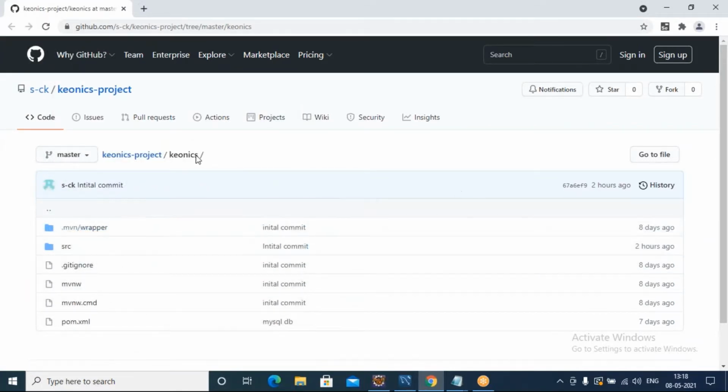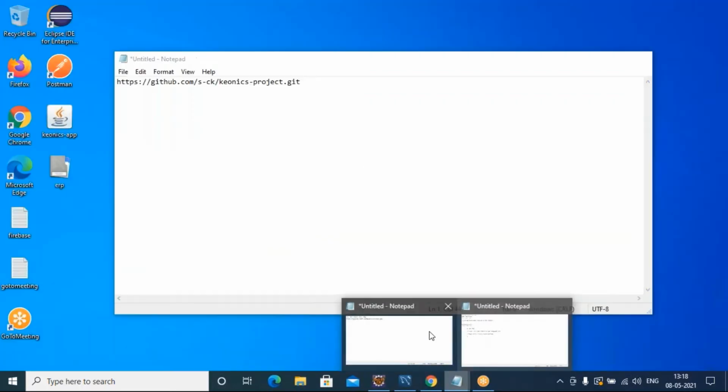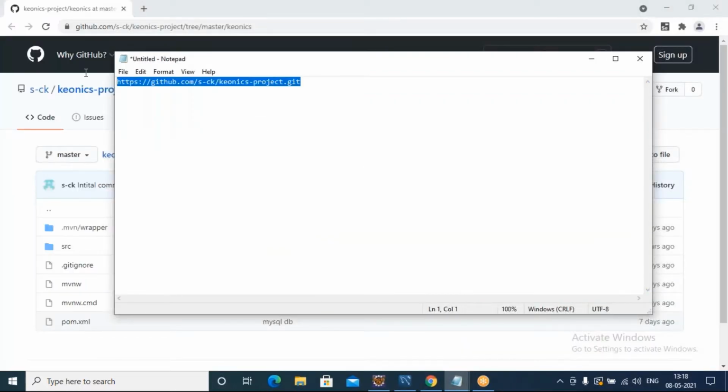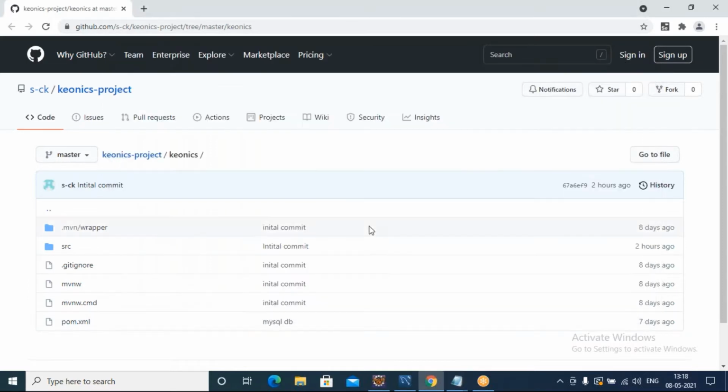I'll provide this GitHub repo clone URL, so you can clone this project from it, or you can extract it as a zip file. I have attached it in an email I have shared with you. So all of you can go check your mails and extract this project and keep it in one folder on your machine.